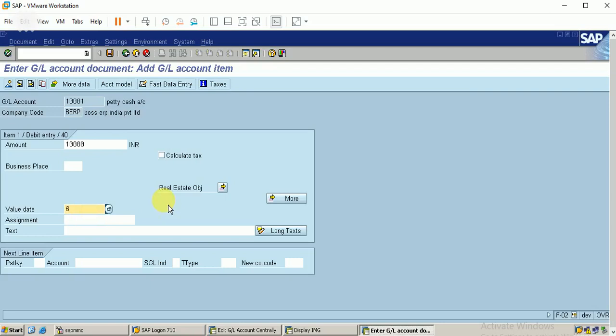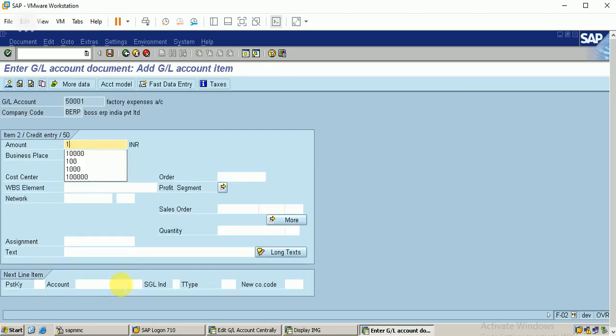The date is today's date, 6/5/2021. And the credit entry, that is posting key 50, goes to the expense account. Click on enter. The same 10,000 rupees. It picks the cost center by default. Then click on save.